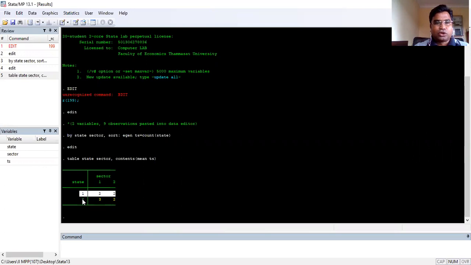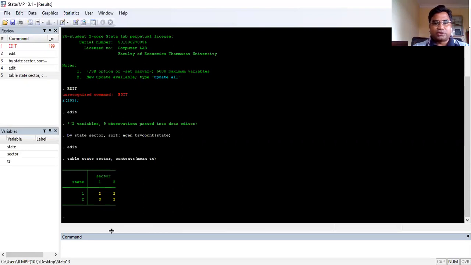So 2 for state 1, and 3 and 2 for state 2. So you can get this way the total number of samples from any household level, because there are no repetitions. So you can easily get it. You can get it from other places as well, but I suggest you do it from the household level. That will be much easier.